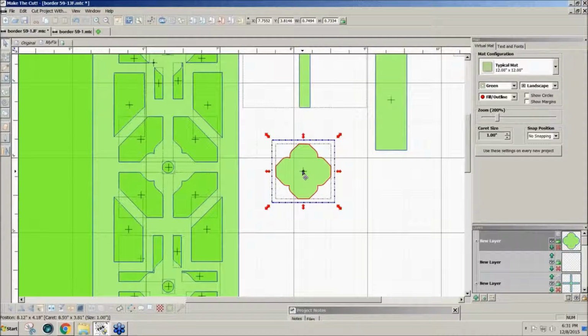When you select an item and you want to keep the aspect ratio the same, right now the width is not the same as the height, but I have the green lock showing, and if I change just one, then it loses its aspect ratio. If I lock it and change this to 0.7 and enter,